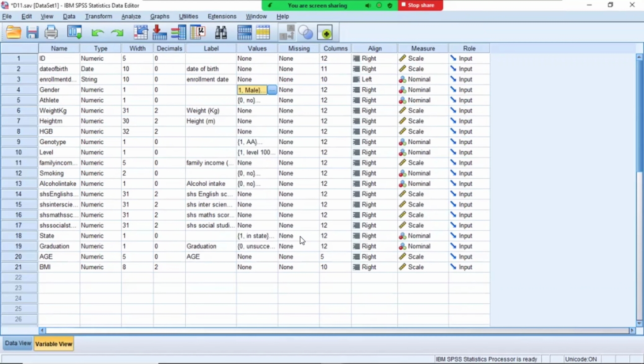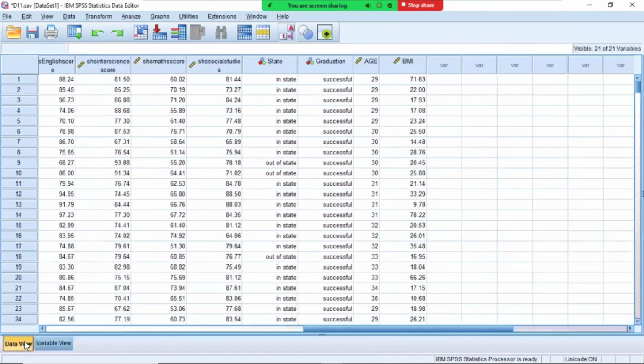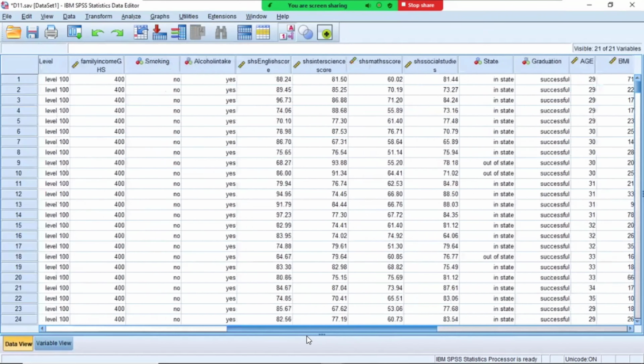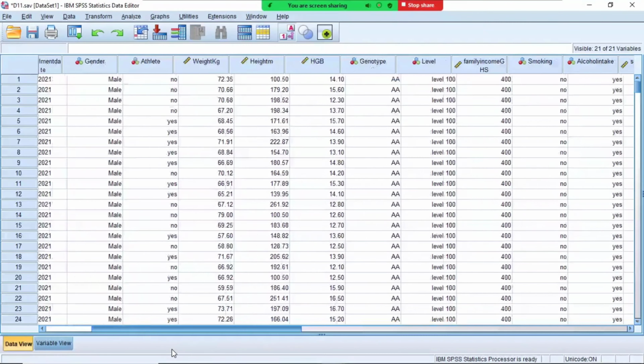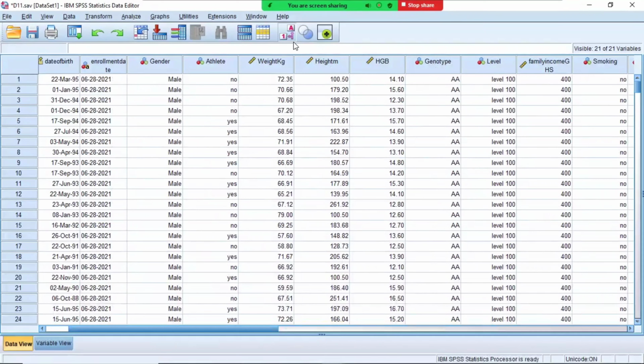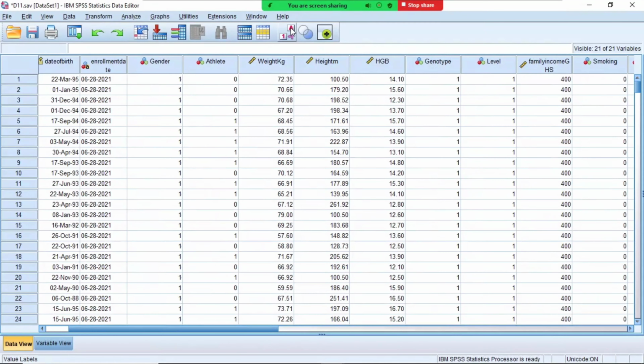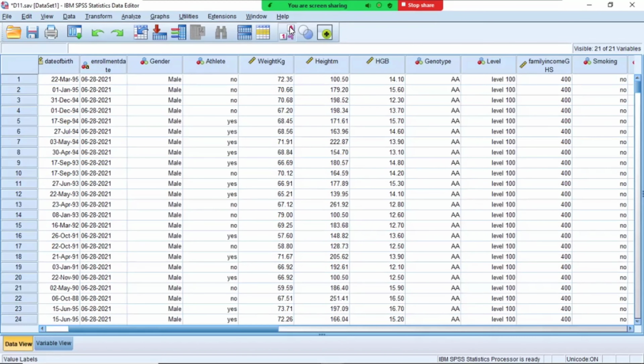Then we see. When we come back to the Data View, let's find where the gender is. Now, this particular tool over here, when you click on it, toggles between the coded values and their labels. All right. Bear in mind that